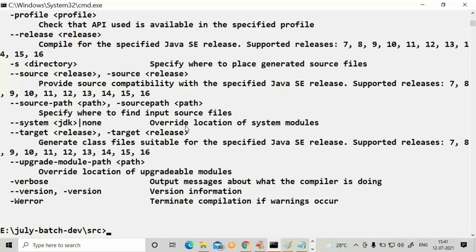Among all the options, -d is one. Specify where to place generated class files. Are you finding it or not?